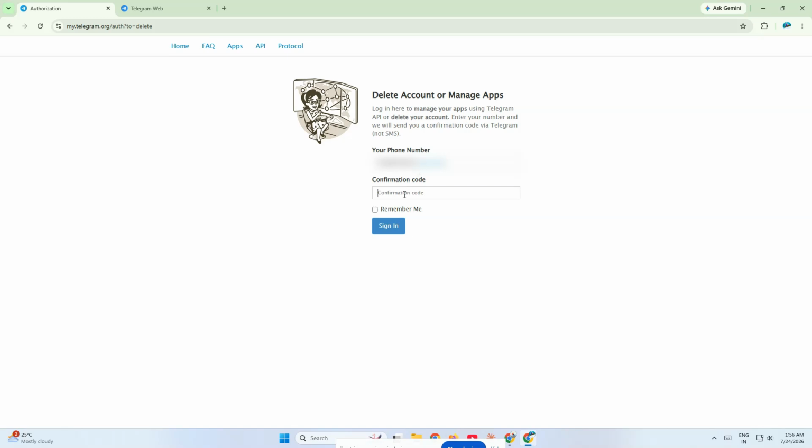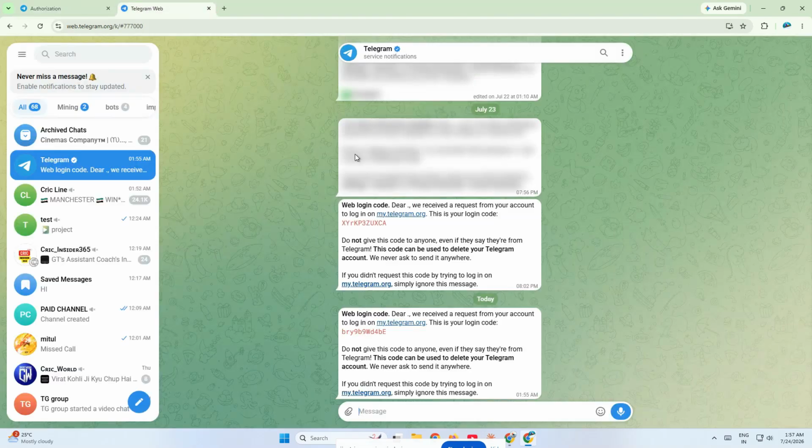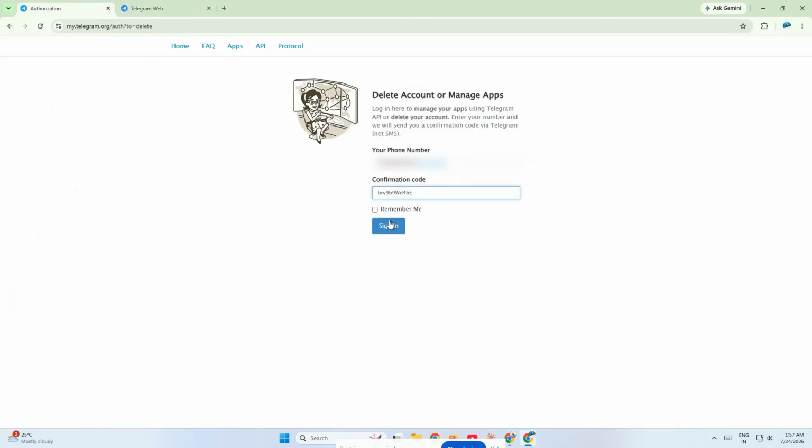Telegram will now send a confirmation code to your Telegram app on your phone. So, pick up your phone and open the Telegram app. Look for the login code message that was sent by Telegram. This code is required to verify that you are the owner of the account and that you want to continue